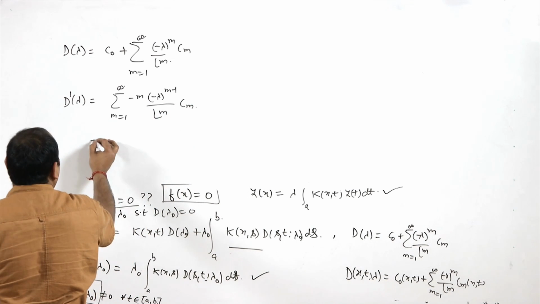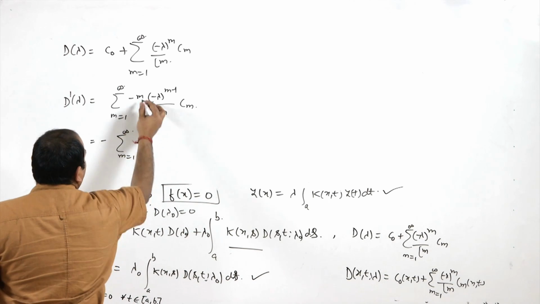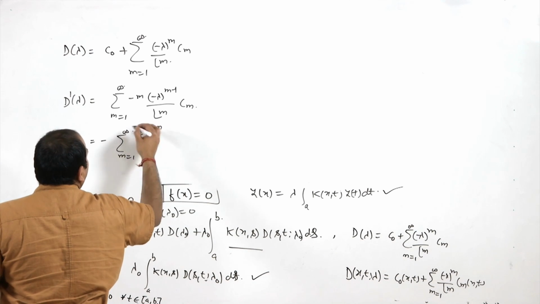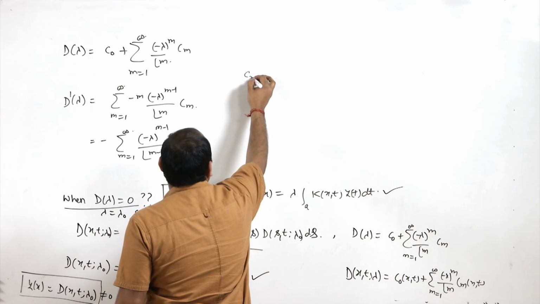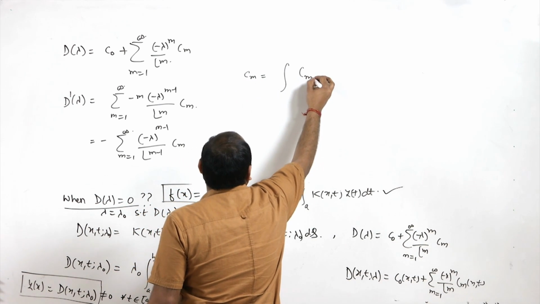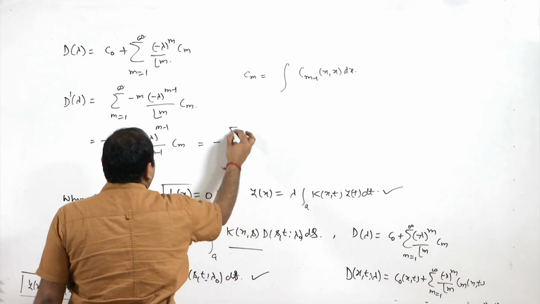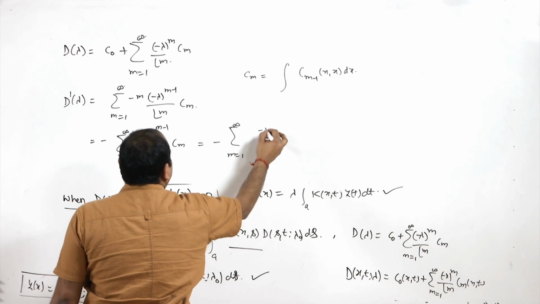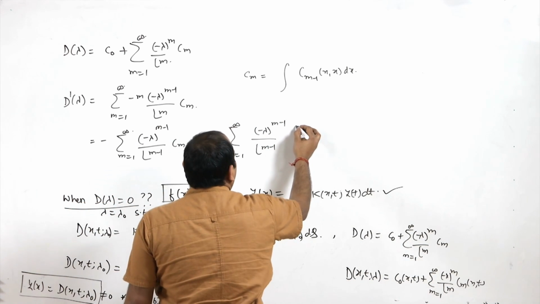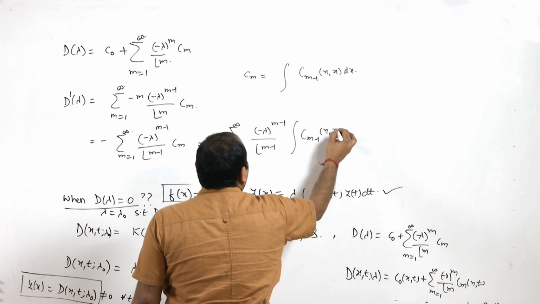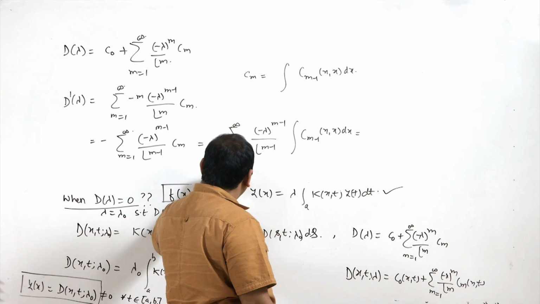If you simplify, the m will cancel out and you get minus summation m equal to 1 to infinity minus lambda to power m minus 1 upon factorial m minus 1, small c m. And we know that small c m is connected with capital C m minus 1 x comma x dx like this. So using this I can write minus summation m equal to 1 to infinity minus lambda to power m minus 1 upon factorial m minus 1, and this c m I can write as integral of C m minus 1 x comma x d x,